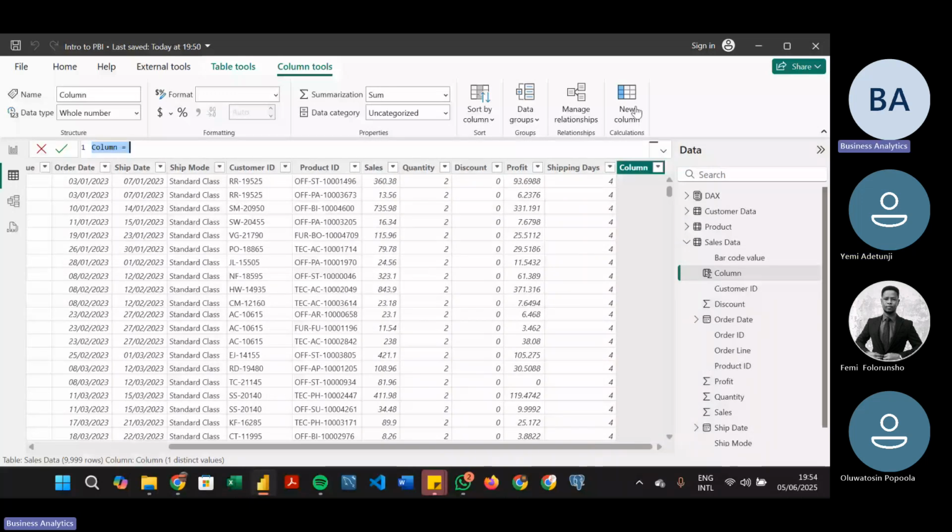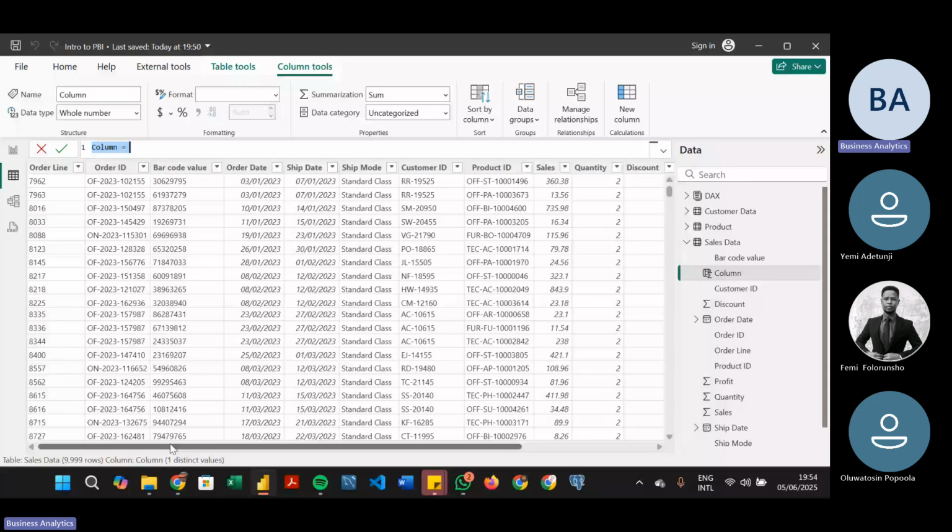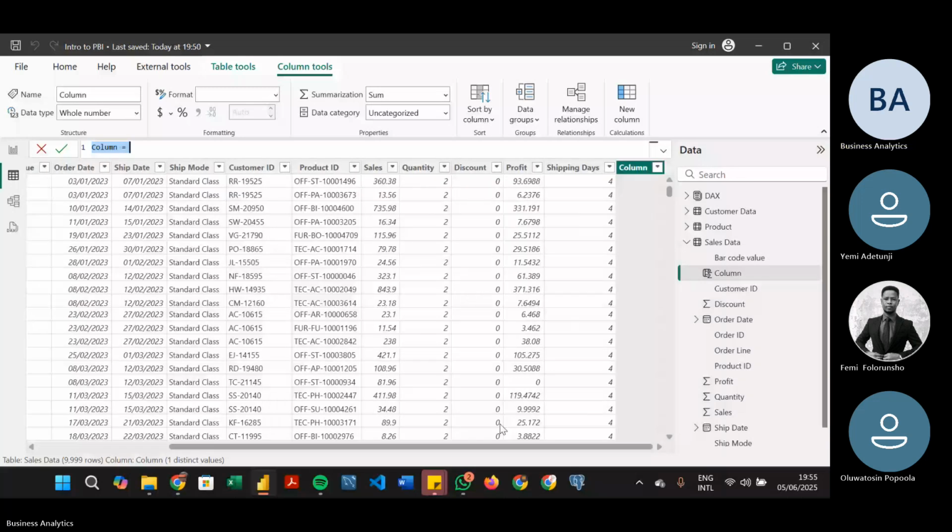So let's try creating. I want to write a DAX formula now. Let's try creating a new segment. Do we have segments before? Okay, there's no segment. So let's just say, how do we quantify wholesale and retail now? Let's rename it as sales segment. Let's name that column sales segment